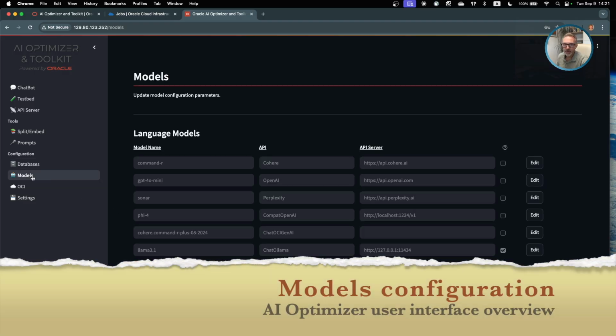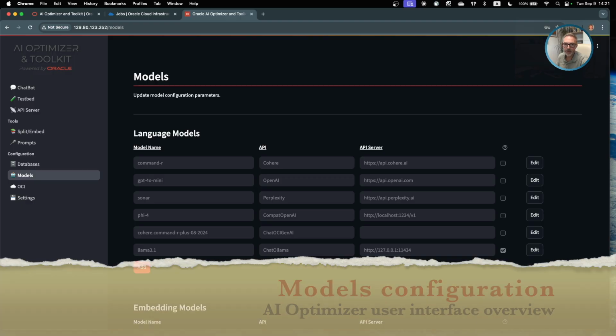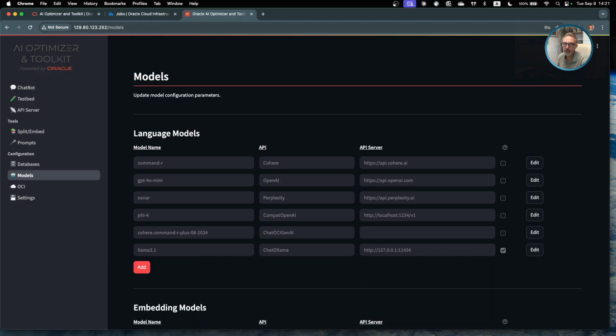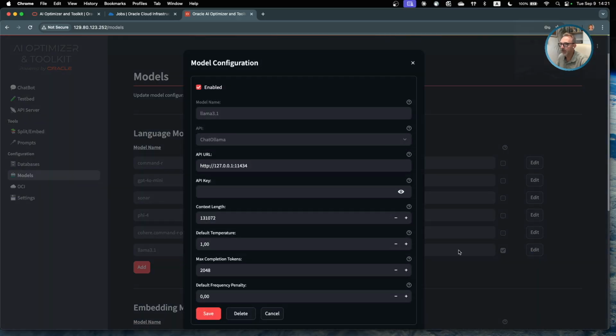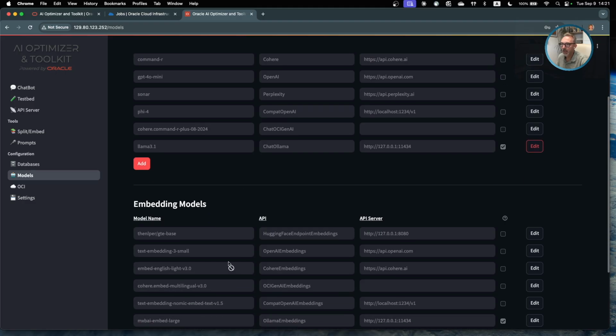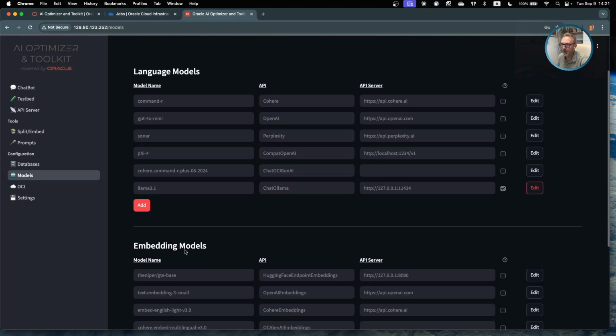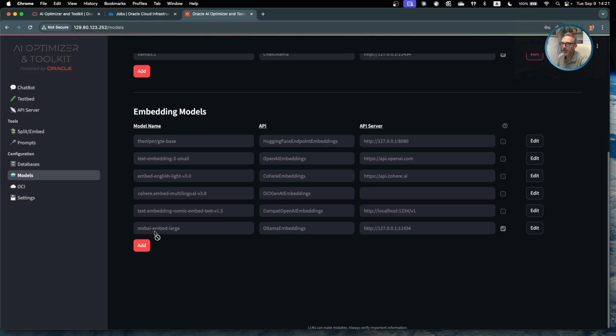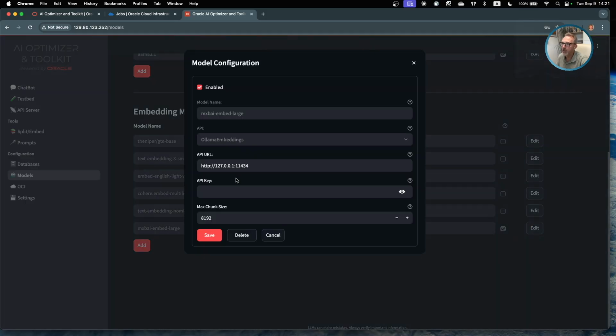Next thing is models. The models tab is where you can configure which LLM and embedding models you want to use. It supports LLMs like Ollama. Ollama is what is configured currently, and it runs directly on a server in a cloud, but it appears to be locally installed. And this is what we have for the large language model. And here is the part for embedding models, which is also configured locally on a server in a cloud.